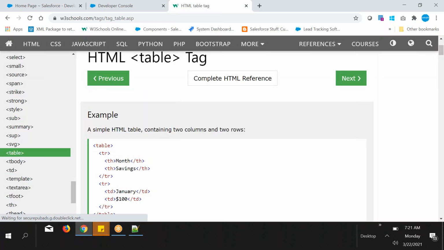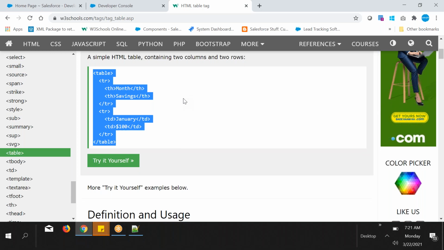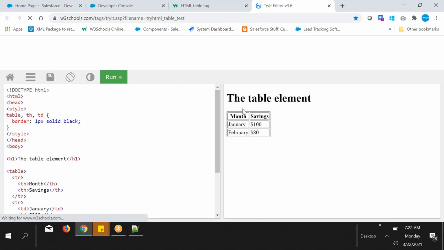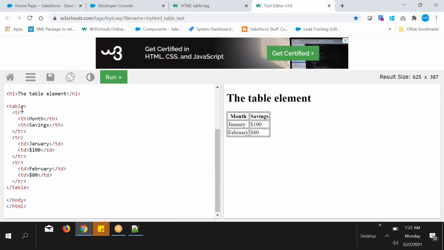Okay, so a simple HTML table, this one. So table, tr, these kinds of things are there, right? Click on this one, try yourself. First play a game within W3 Schools, and after that go and apply these things with Aura components.